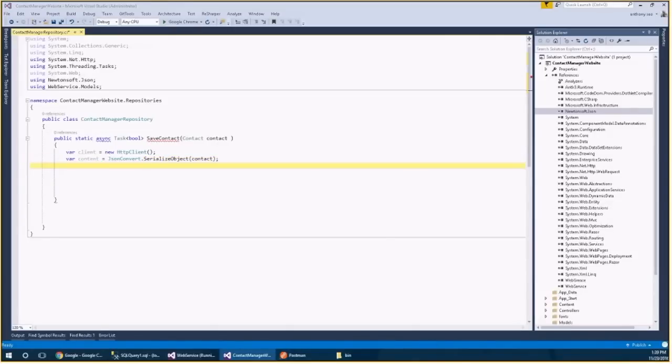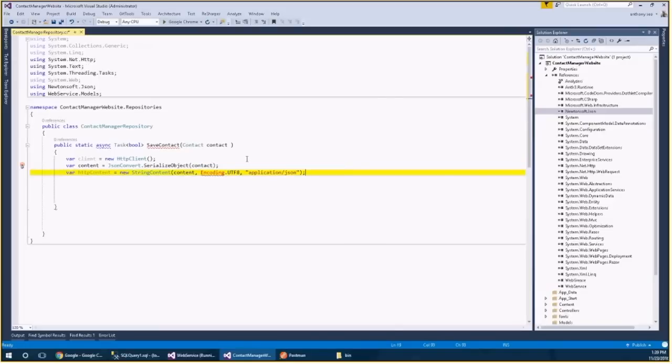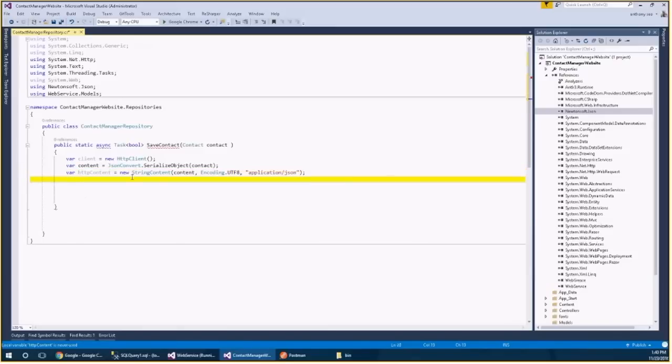All right, so the next thing we need to do after that is take that content and convert it into an HTTP content. So it's not just enough to be JSON, it has to be HTTP content that can be passed into this call. So the next thing is this